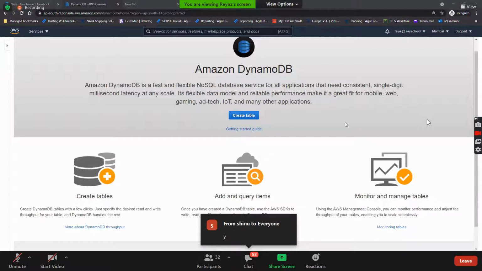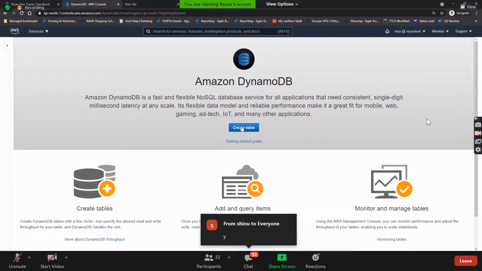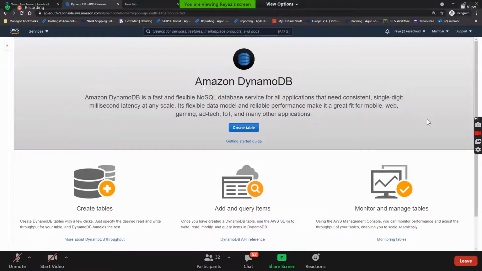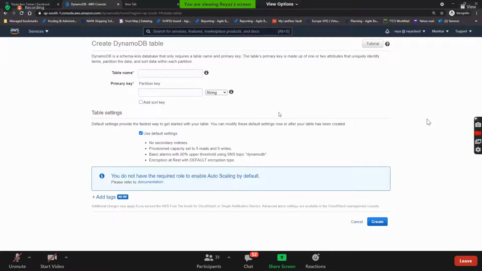So what we do is, guys, here I'll show you manually how to create a table. But in general, you know very well that from the application, they will be creating this. They will be adding the rows into this DynamoDB table. So let's go and create a table, guys. Click on create table. This is the single page that we have while creating a table.